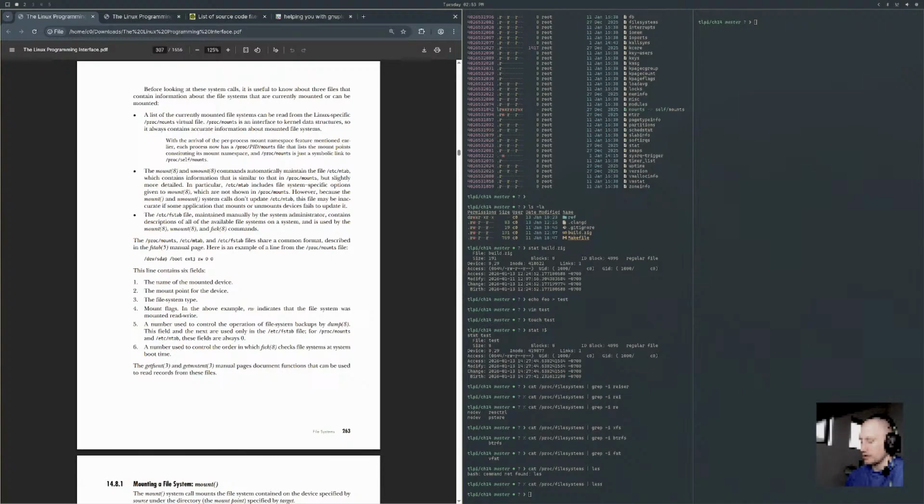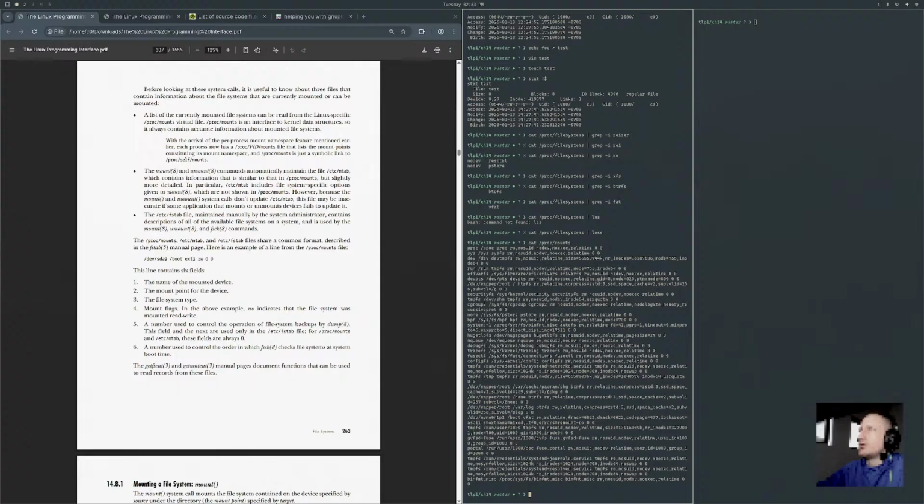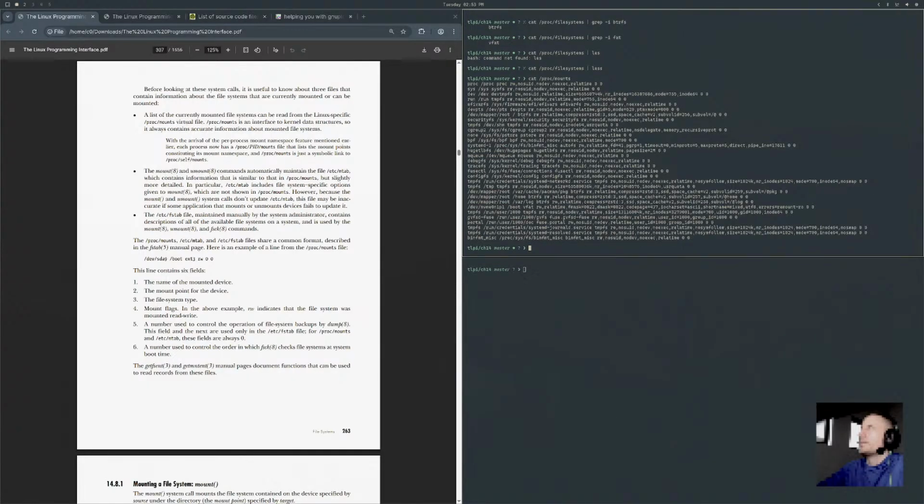A list of currently mounted file systems can be read from the Linux-specific /proc/mounts virtual file. Okay, cat /proc/mounts. So that's similar.